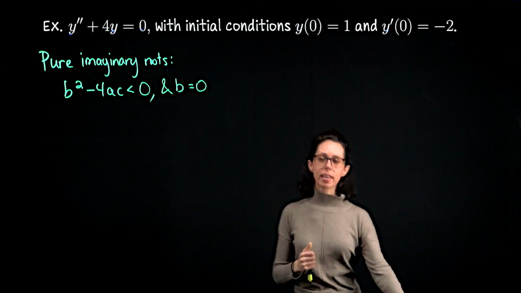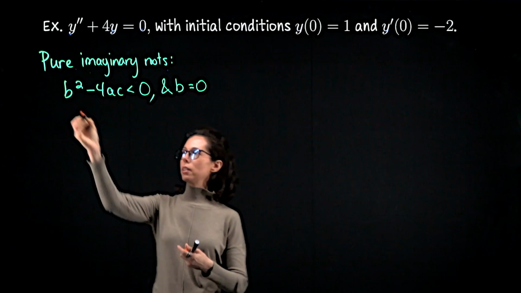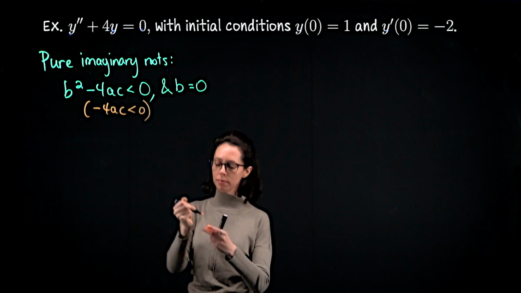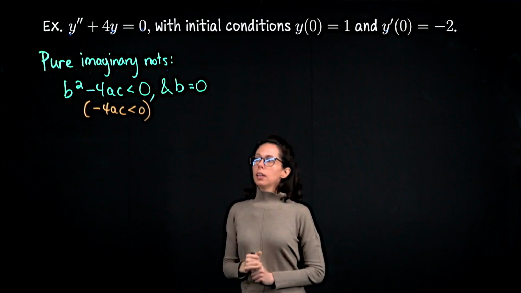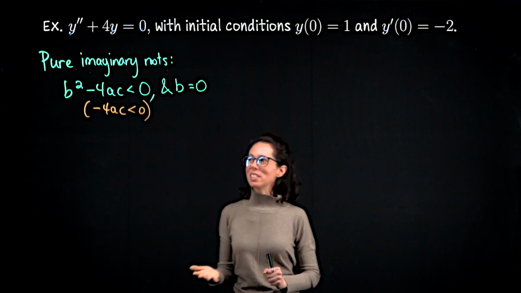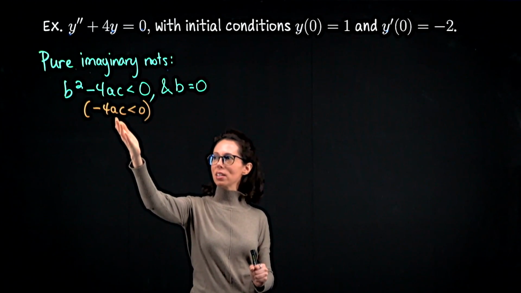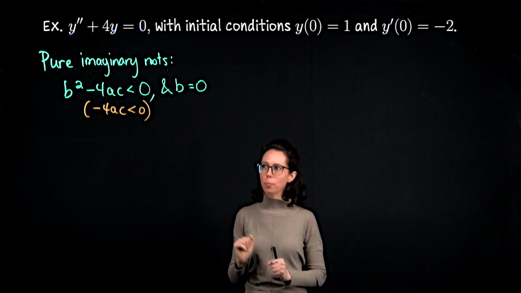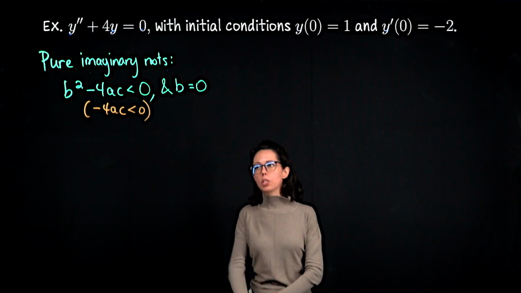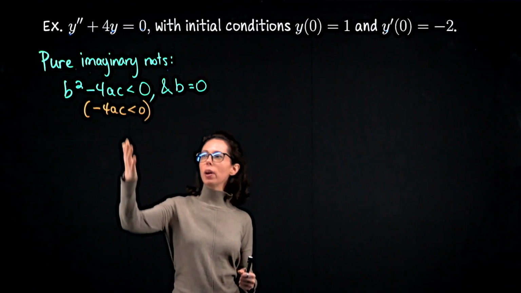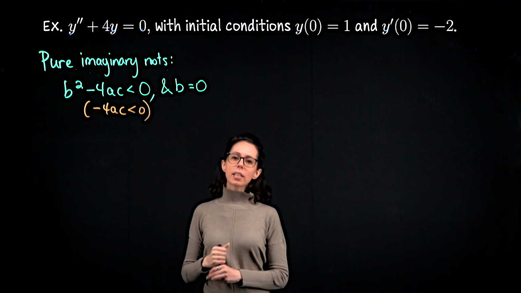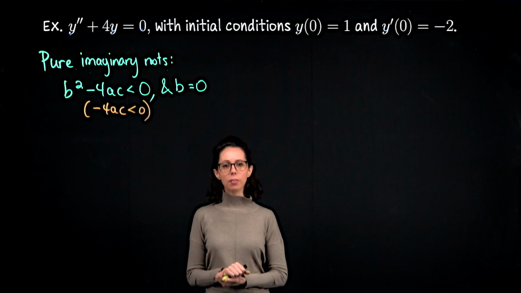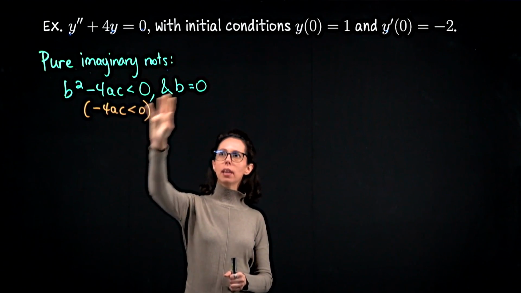You could even take this a little further and say, well, hey, if b equals 0, then this is going to go away. So really, this condition just becomes negative 4ac is less than 0. And you could even say a little bit more about that, which is like if b is non-zero, so that this is the discriminant, this is going to be negative whenever a and c have the same sign, so either both positive or both negative. Since it's the homogeneous problem and you could divide everything by -1, it's essentially like a and c are both positive. That's what we're looking at here. So a is 1 and c is 4, b is 0, so that we have a negative discriminant and no